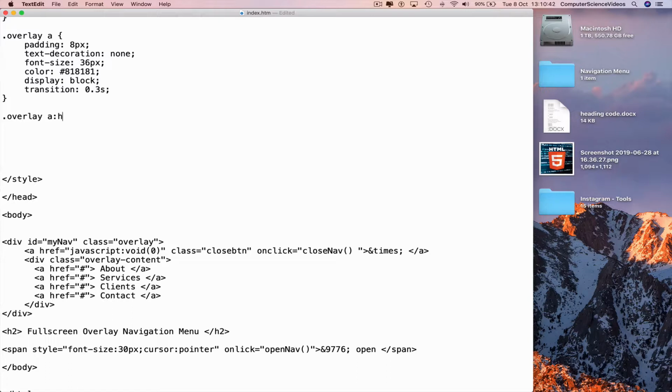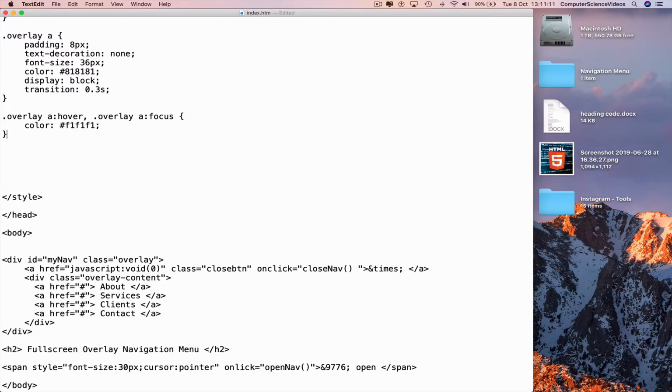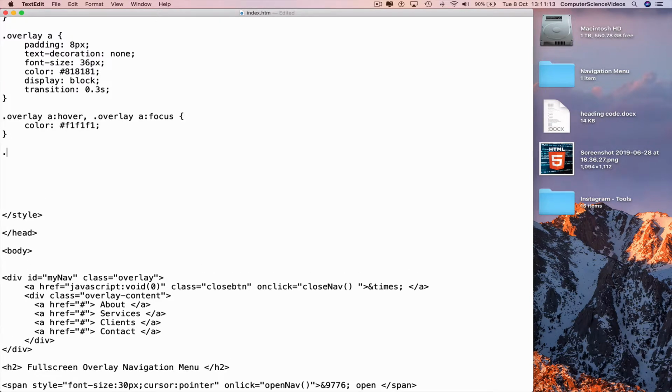A colon hover, comma, dot A overlay again, A colon focus, curly brace, new line, indent, color, colon, hashtag F1 3 times, semicolon, new line, curly brace, go to a new line, dot overlay close button,